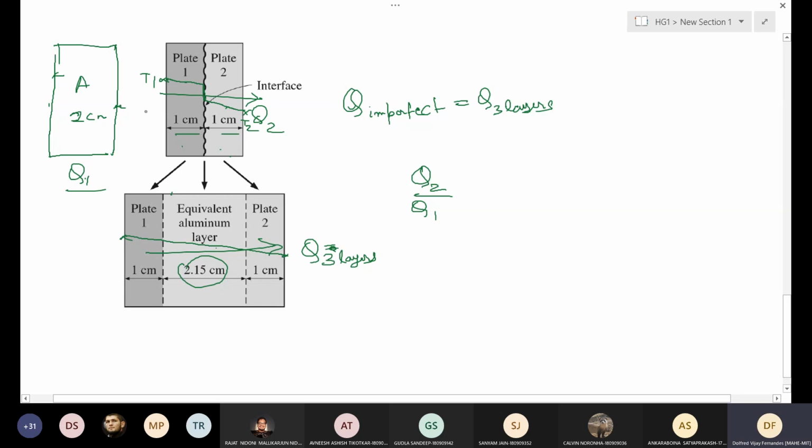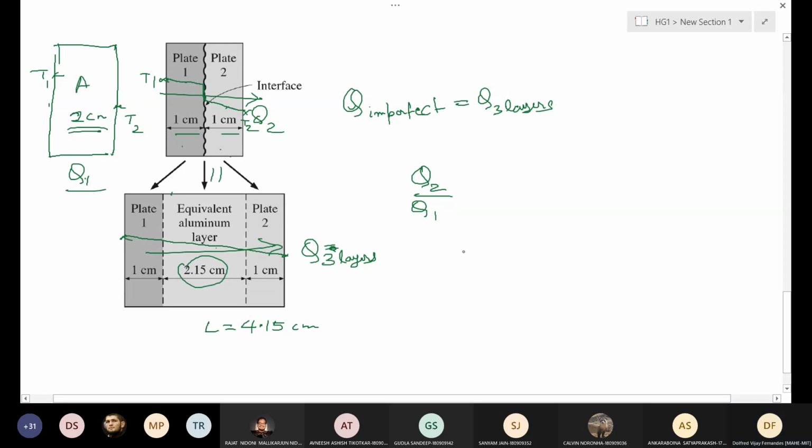Is it difficult? One minute, sir. Yeah. Only additional resistance, right? Resistance will increase. In this case, what is the resistance? We know it is only because of the thickness of 2 centimeter. Now we know already that is equivalent to this one. So what is the thickness here? L, 4.15 centimeter, right?